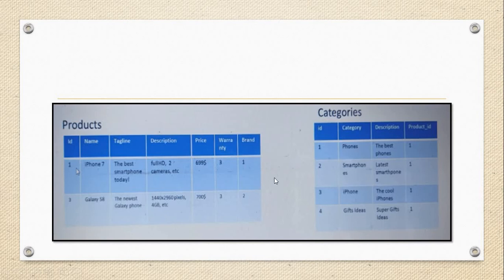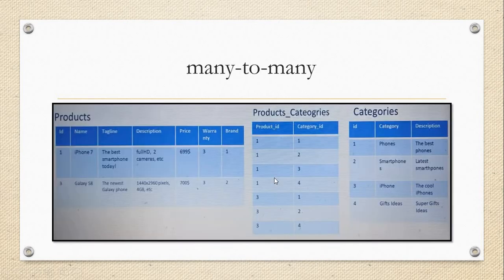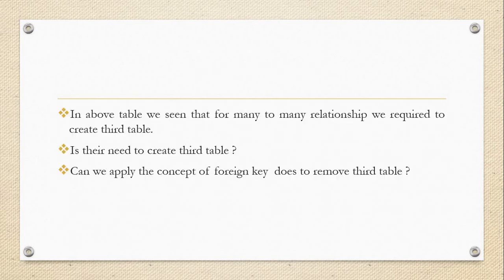Here I did not create a table. I just want to avoid the table that is being created automatically here, and ask whether we require it. So what is that automatically? Here I have ID1 and this one is a category. So this ID1 is associated with all categories, and this ID3 is associated with all categories. That means a many to many relationship is going on. Don't worry about that. But my question is, do we require this third table?